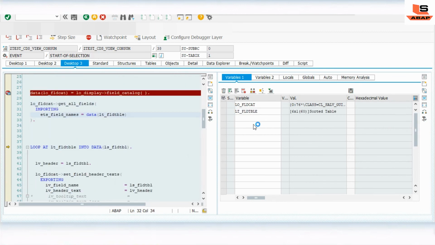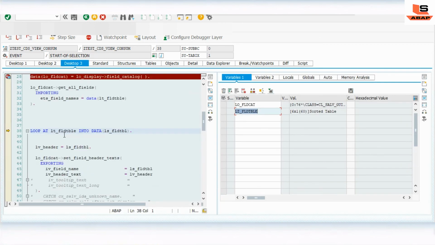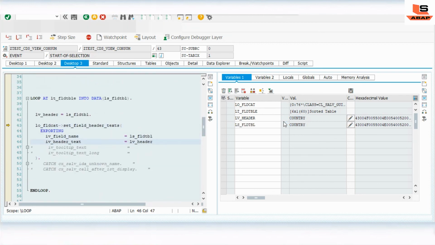And after that, in the next step, we are just reading the table. So we have the six fields: currency, employee, first name. We are basically looping over this, and for the header we will pass this name, right? Country. So the first name, country, and then here we press F6.